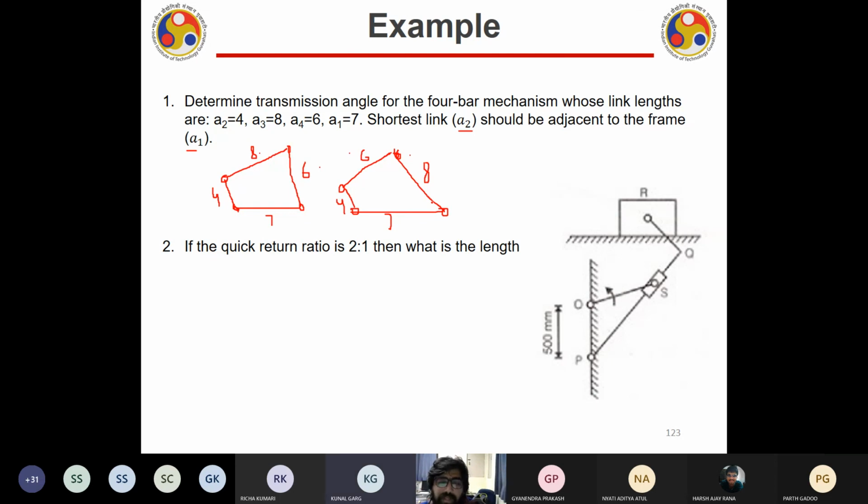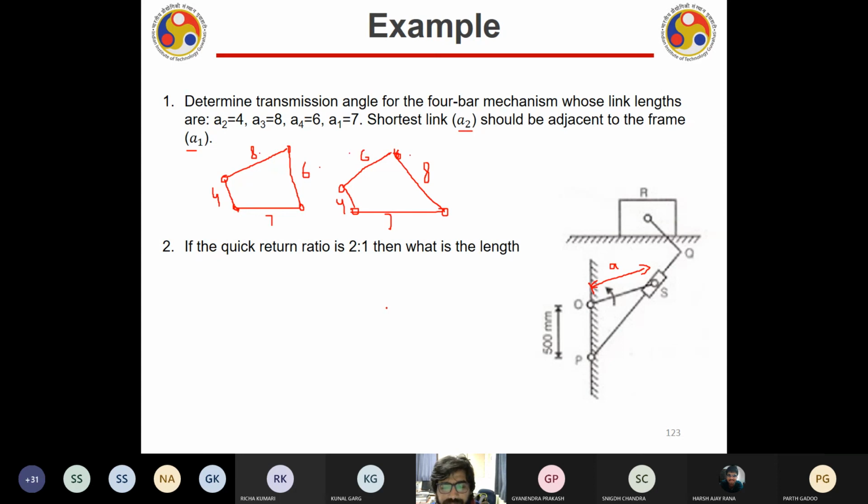Fine. Okay, sir. Next, if the quick return ratio is 2:1, then what is the length in that case? 500 cos 60, solve it, 250. Yeah, I mean, draw it and solve. Which length am I asking? First, you tell me. The crank. It is not written, right? How do you know that I am asking the crank length? Yeah, of course, I am asking this length. Correct.